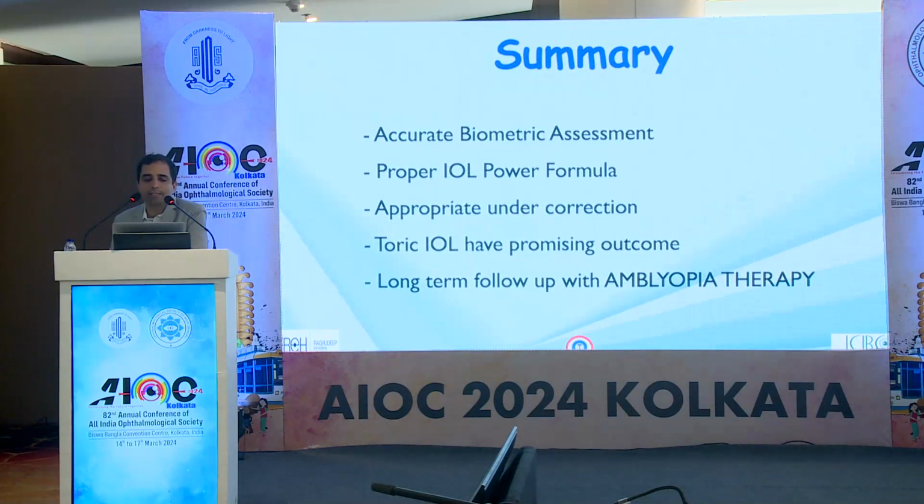So I think, to summarize, it's difficult to measure in children. There is no consensus on the best IOL formula, but I think using the SRK/T or Holladay 2 is good enough. Do appropriate undercorrection as per the age and the laterality. But most important is that the treatment of pediatric cataract starts after the cataract surgery, unlike in adults, where once you operate, everything is over. Here, the amblyopia therapy and glasses and lifelong follow-up is the most important treatment.